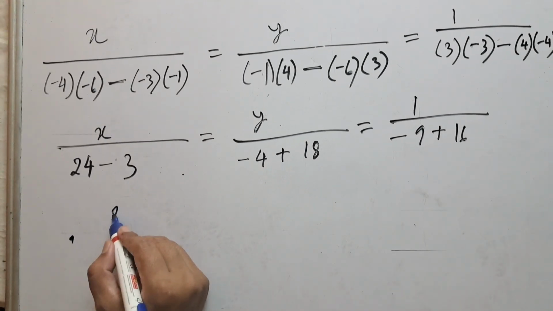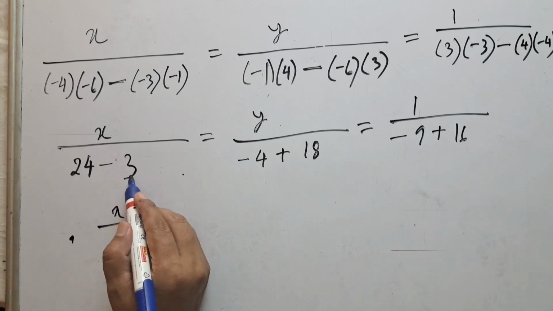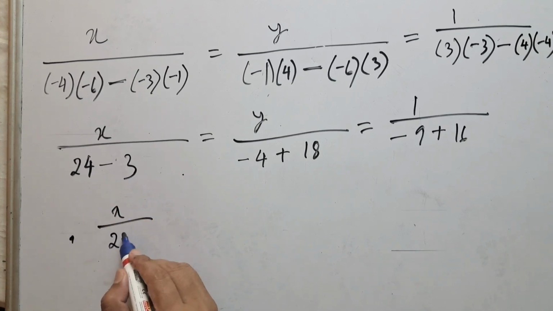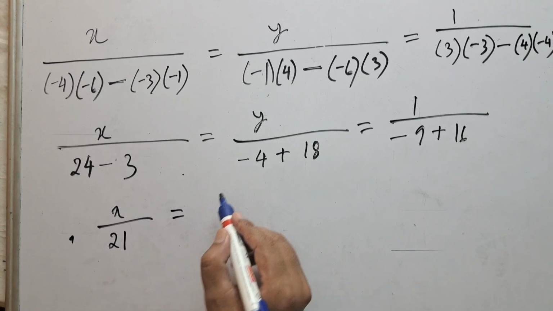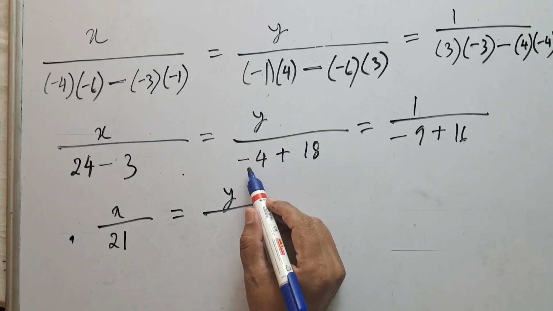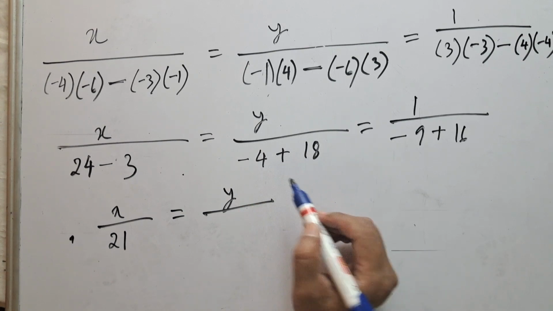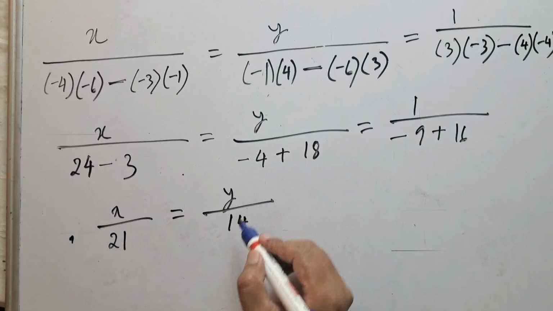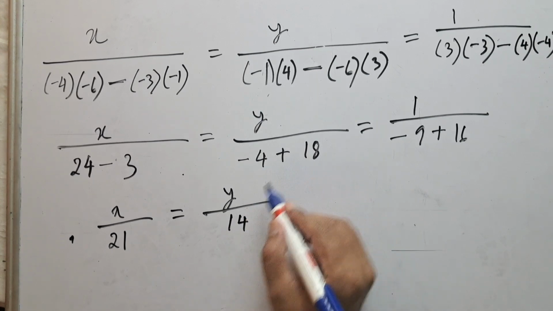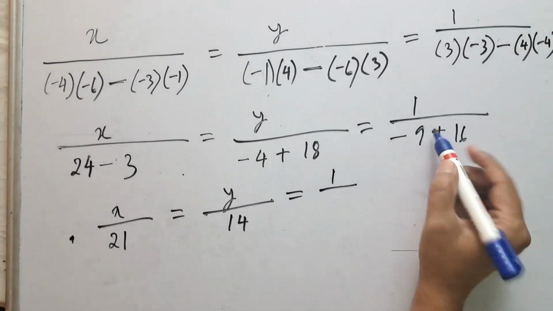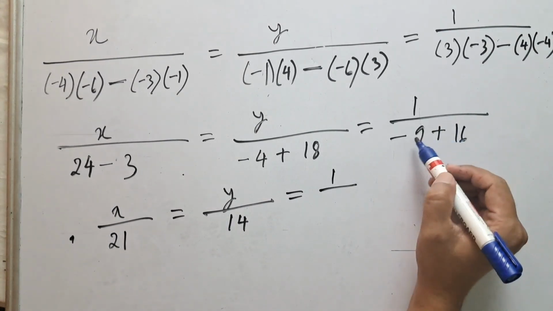Or x upon 24 minus 3, that is 21, isn't it? 4 minus 3 is 1, so 24 minus 3 is 21, equal to y upon, 18 is positive, 4 is negative, so we must subtract this. 18 minus 4 is 14. The sign of greater number plus comes here, equal to 1 upon,